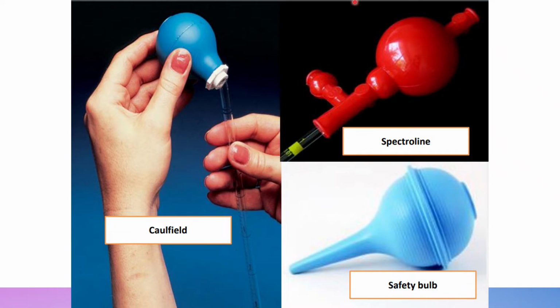These pipette bulbs or suction bulbs are used to help suction the fluid from another container in order for us to aspirate the fluid and transfer it to another vessel. So these are the things that we need in order for us to